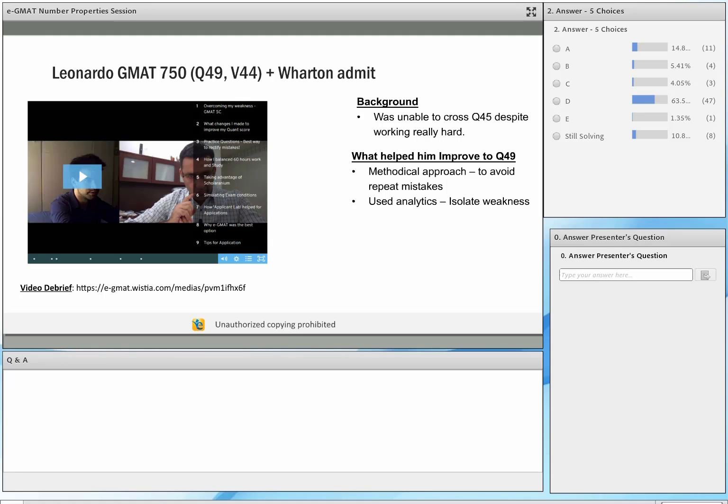Okay. And once he had the approach right, he made extensive use of the tools such as Quant Scholaranium, because through Quant Scholaranium, he was able to isolate the areas that he needed to improve upon. And again, learning or preparing for GMAT is a progressive process. You don't get to your target score in one shot. It's an iterative process, and in this iterative process, you need to get that right kind of feedback so that you know what it is that you need to work on.